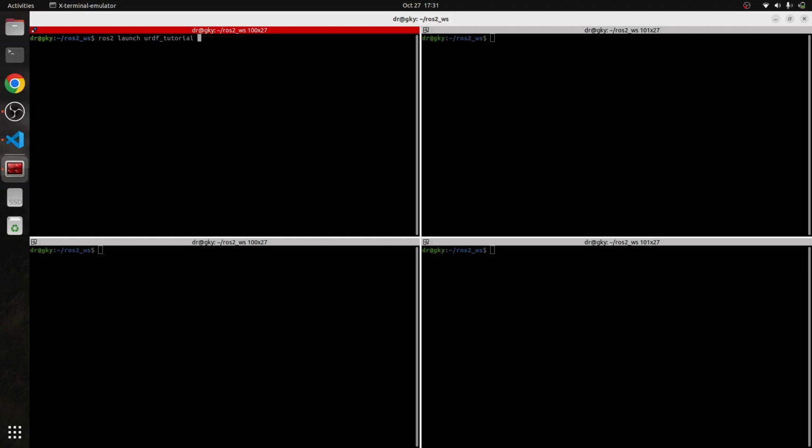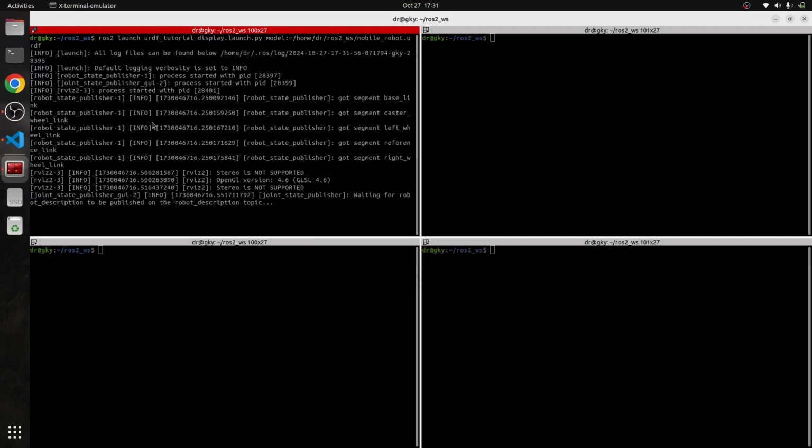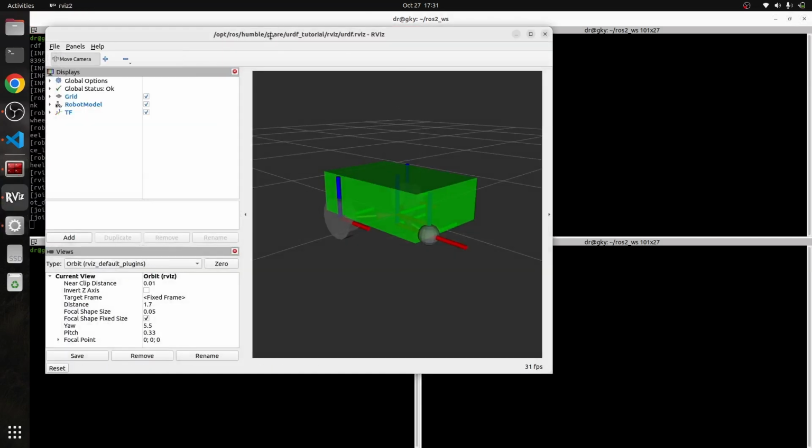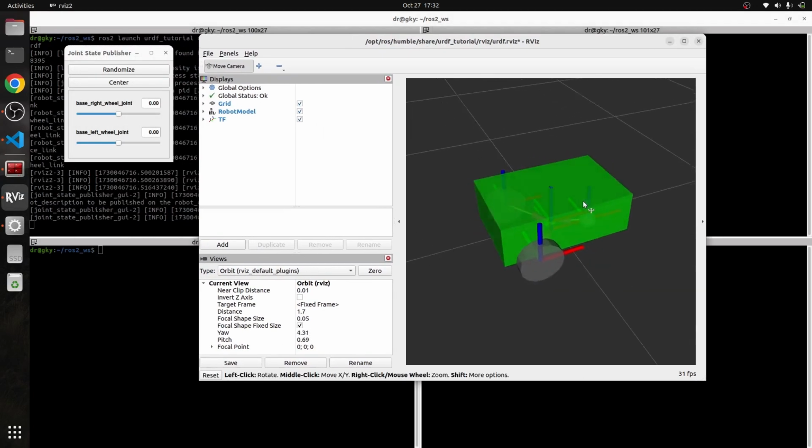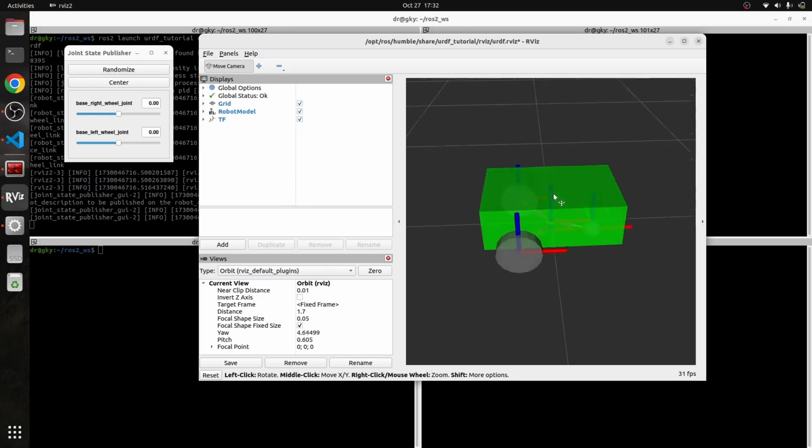and then display.py model:=, because I have to give the global path, home, and ros2_workspace and mobile_robot.urdf. So we can see like everything is working here, and we can visualize our robot, like base link in form